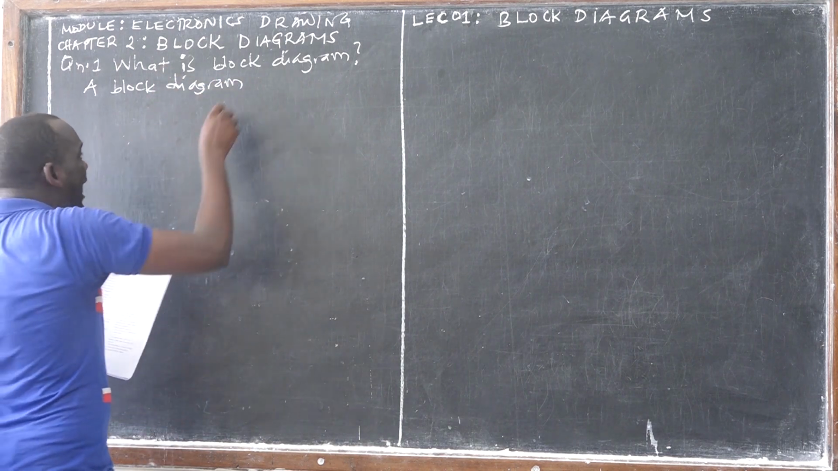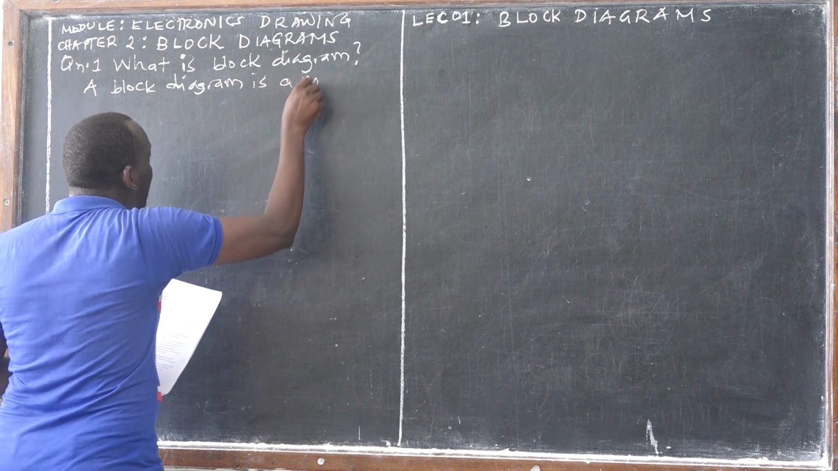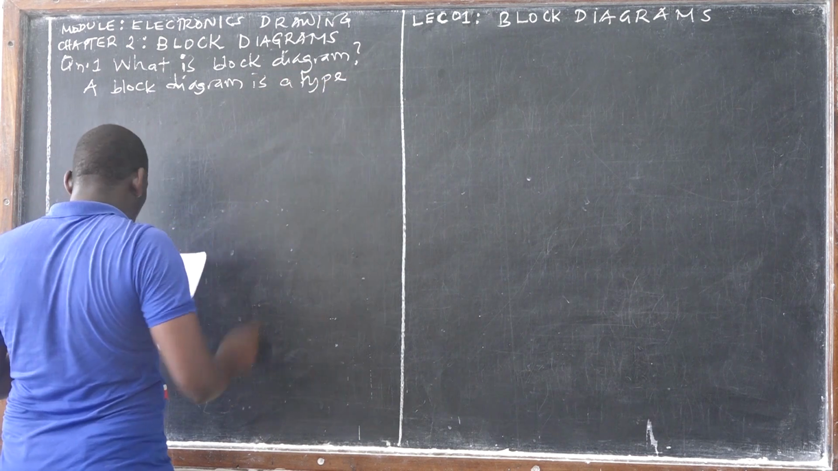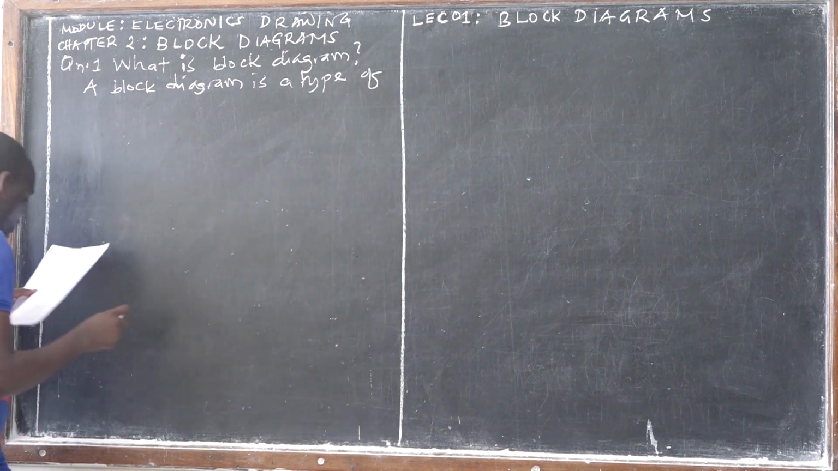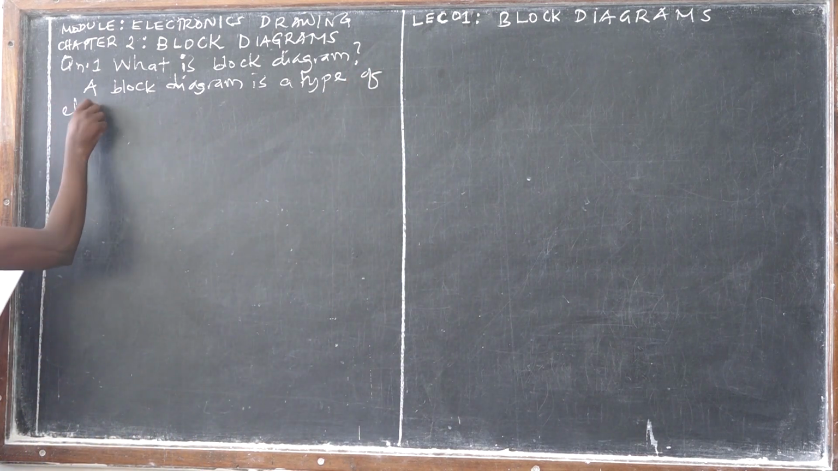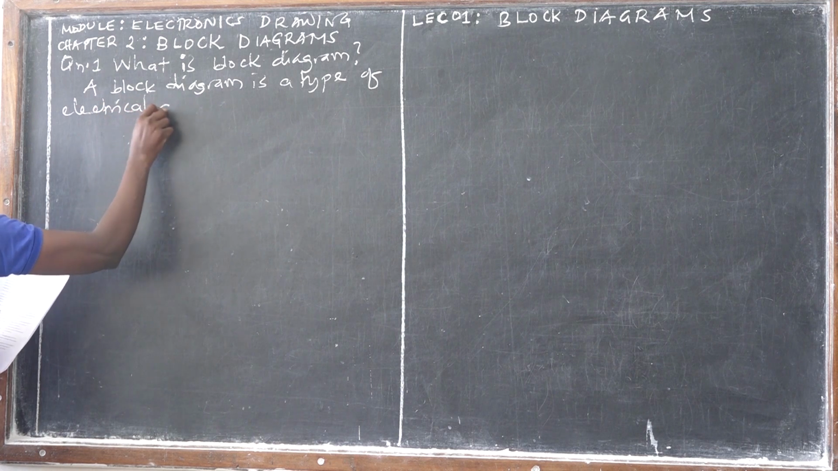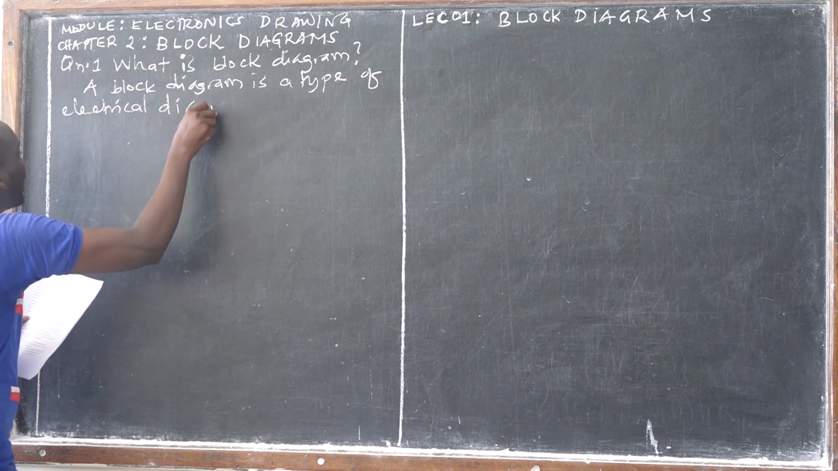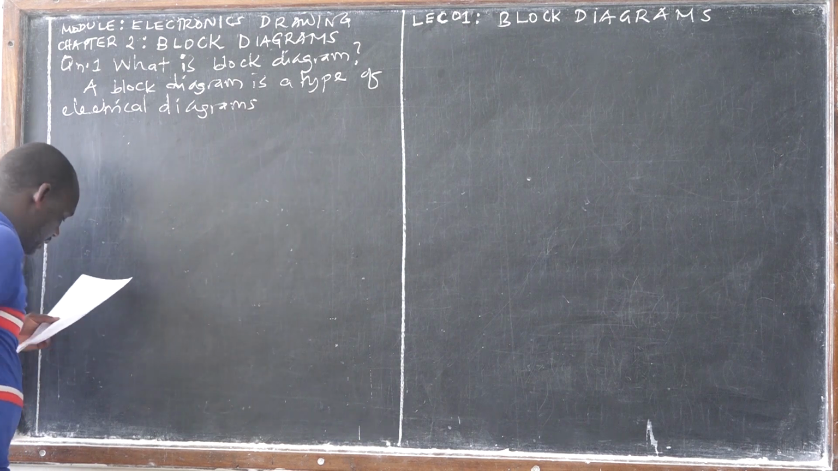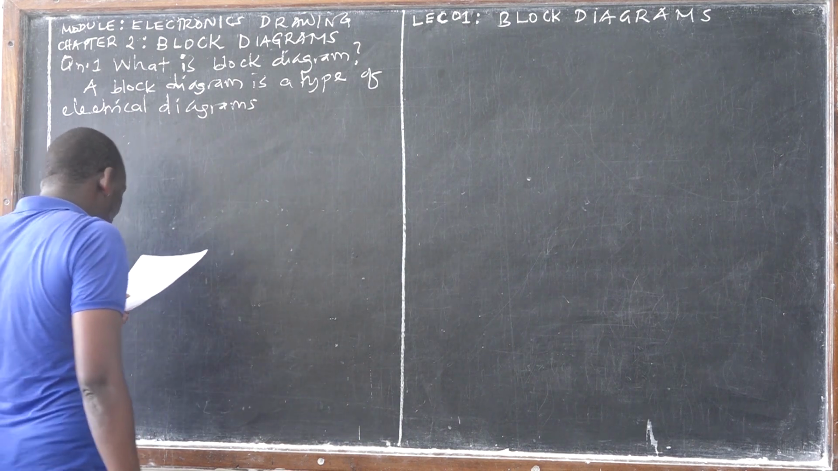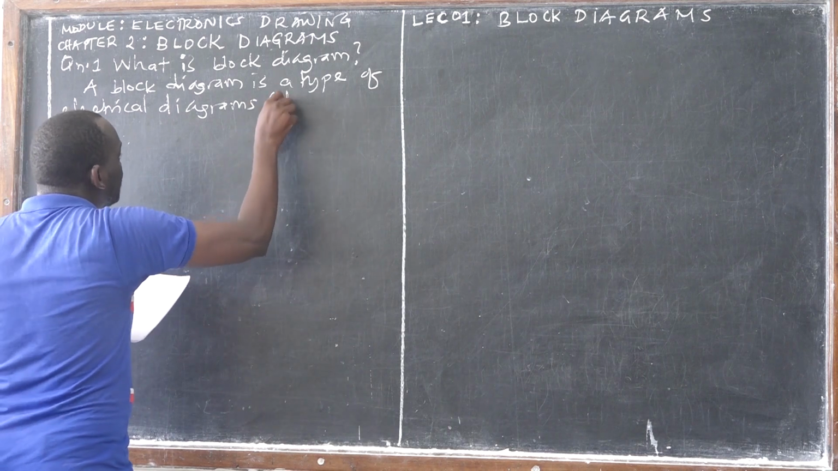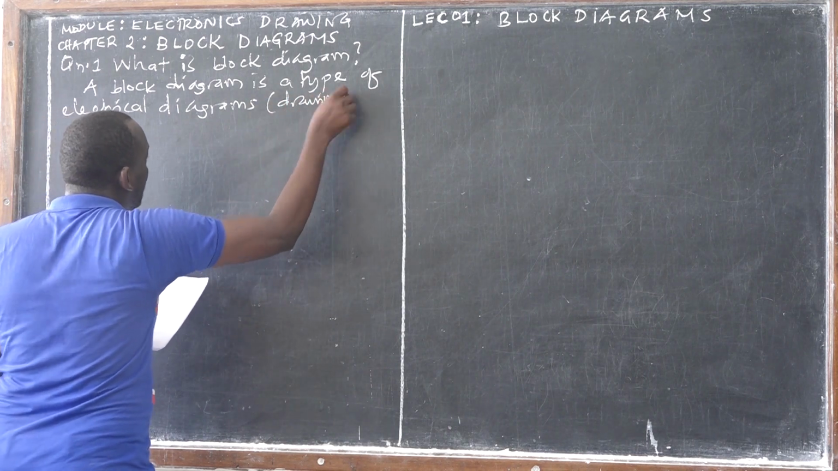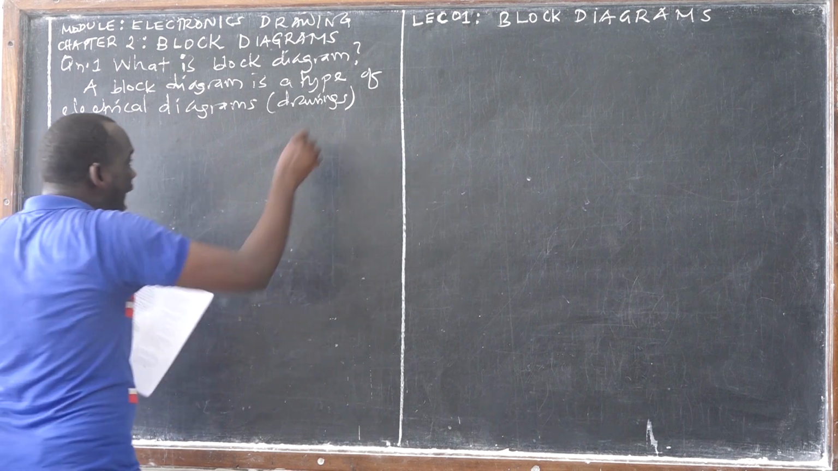So a block diagram is a type of electrical diagram. We have different types of electrical diagrams, as we discussed in chapter 1. A block diagram is a type of electrical diagrams or electrical drawings that represent